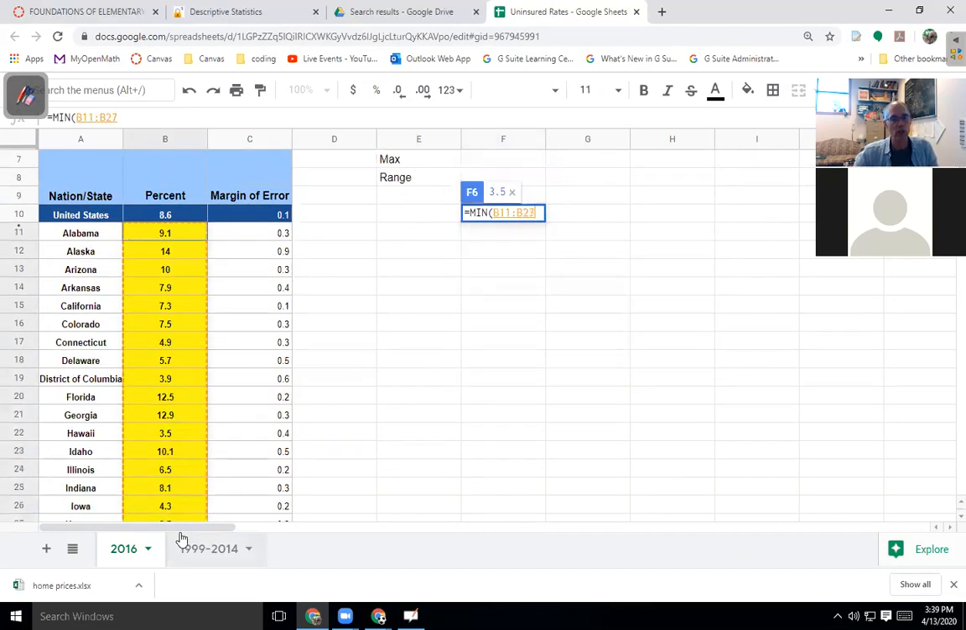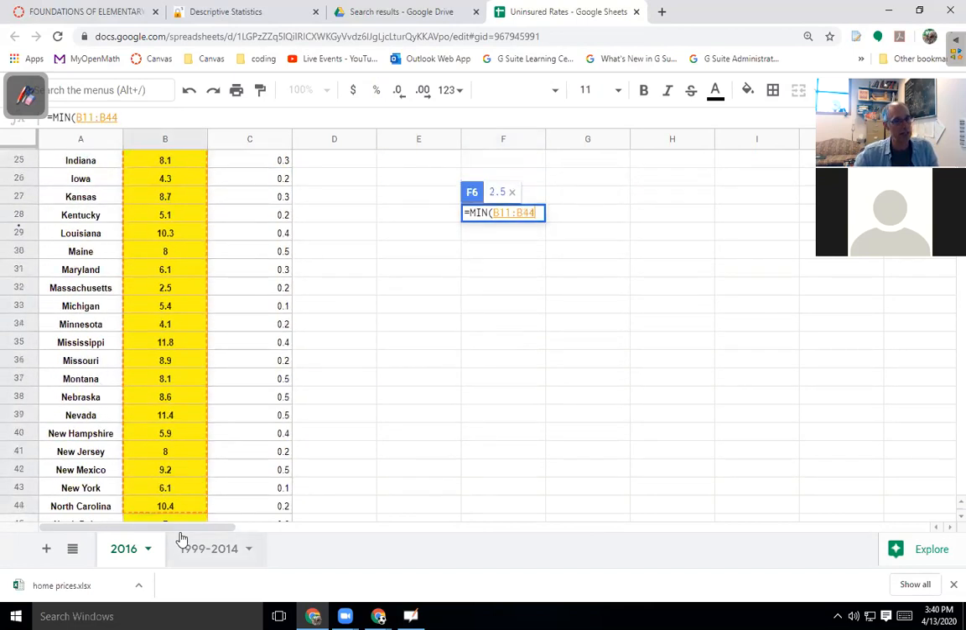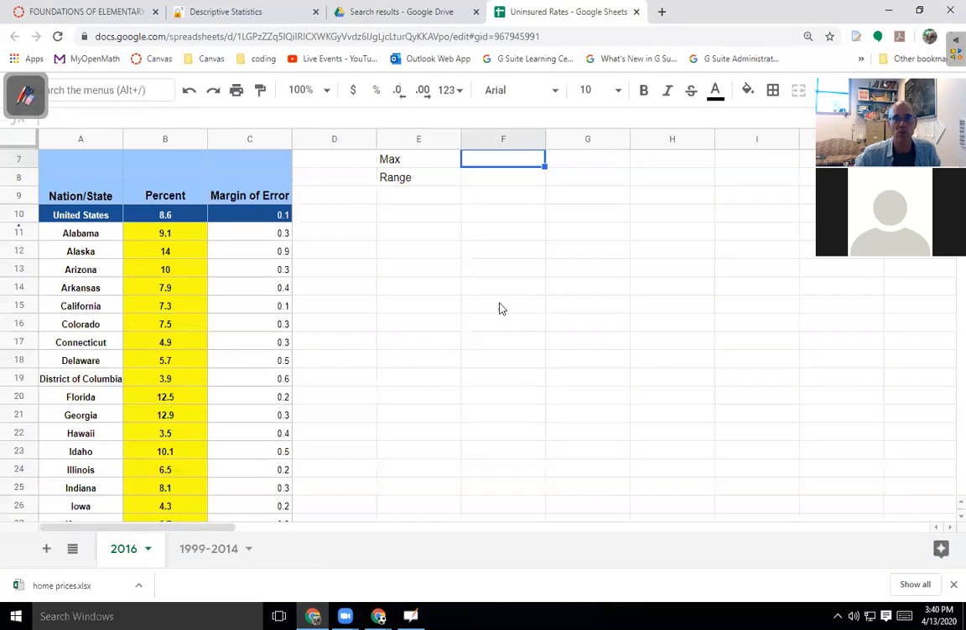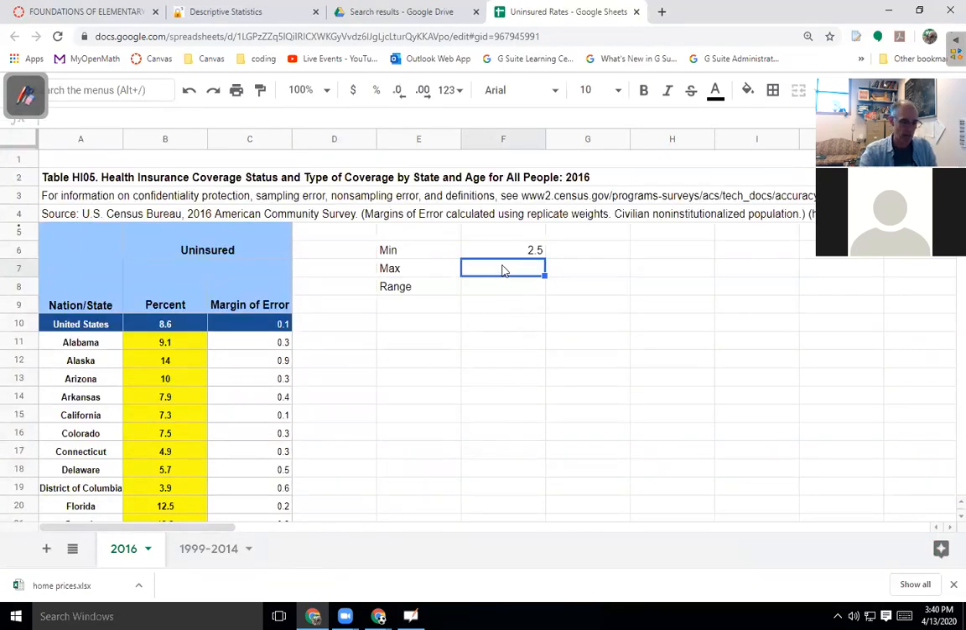Now I'm ignoring the United States line because it is not a state. It's a conglomeration of all of these. So that would not be appropriate to put in there. And max,